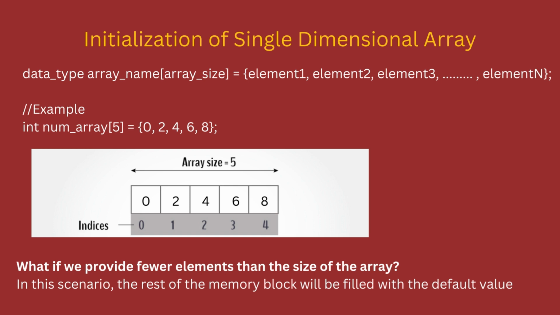So here in a graphical format it shows you that 0 comes in the 0th index. The value of the first, 0th index is 0. Index 1 is 2, index 2 is 4 and index 3 is 6 and